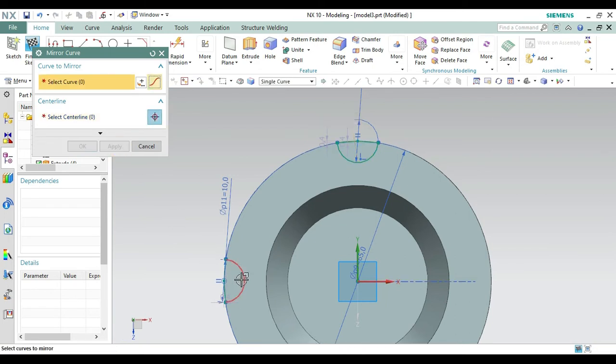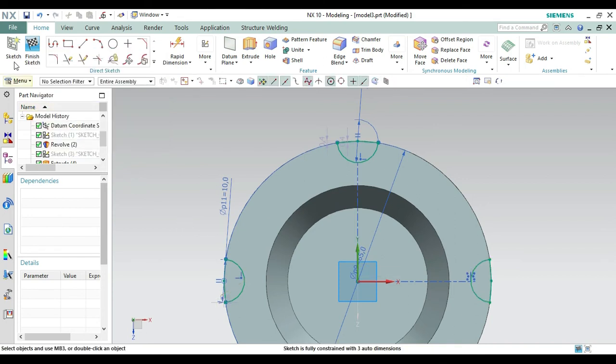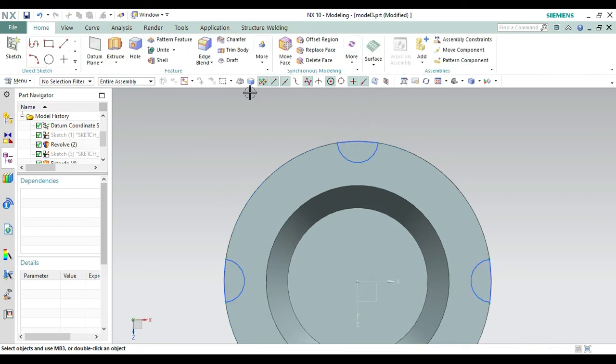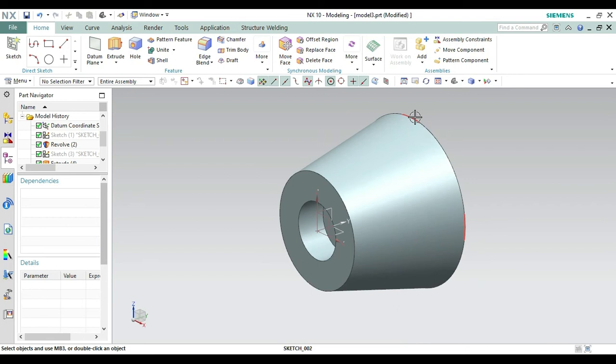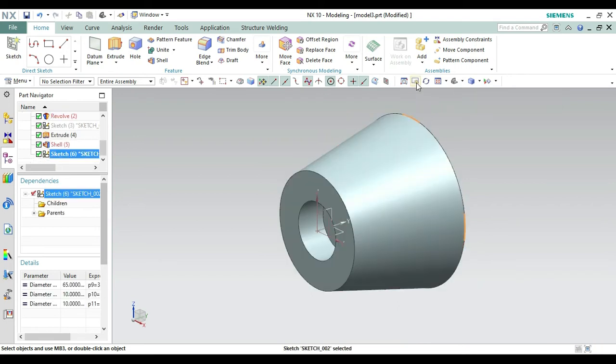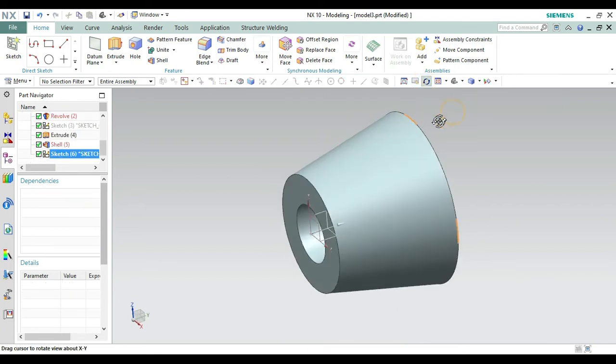Now what we have to do is select this curve, then select this curve, making sure that the single curve is selected from here. Okay, so go on select line, then make them Y and make it okay from here like this one. Now finish the sketch and bring it to isometric view from here like this one. Now let's select the sketch, so all the four will be selected with each other. Let's see that like this one.